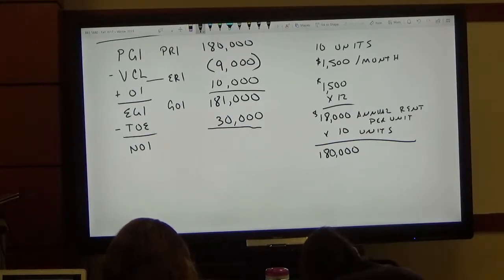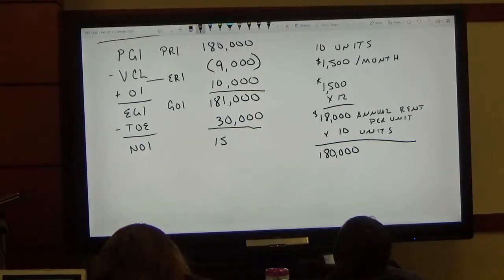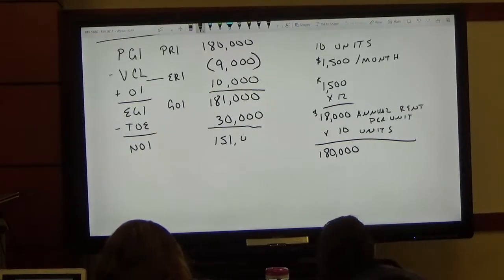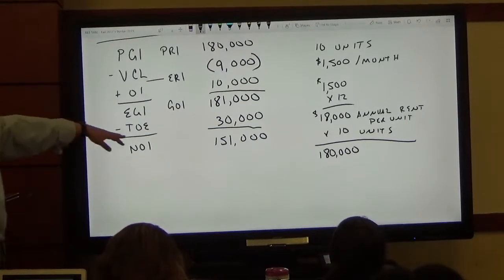So in this case, that's going to leave us with what? 151,000 as our net operating income. Is everybody cool with that? Yes, no, possibly could be. All right, so now, that 151,000,